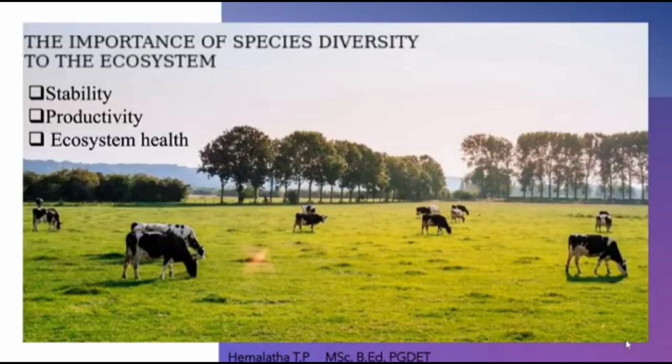Before going to the conservation part, it is important to understand why we have to conserve the ecosystem. If there is use of this ecosystem, then only we have to conserve, right? So what is the importance of this ecosystem? Why do we have to conserve this ecosystem? Let us understand. The first and foremost important thing which we get from the diversity of the species is ecological stability. If there are varieties of species living on this earth, then there will be ecological stability.